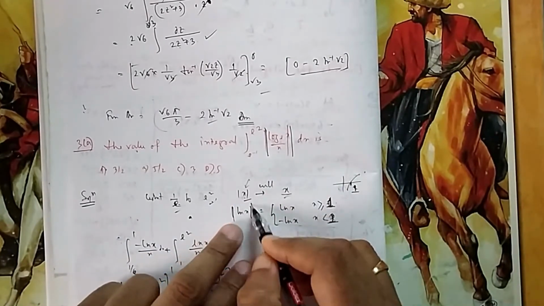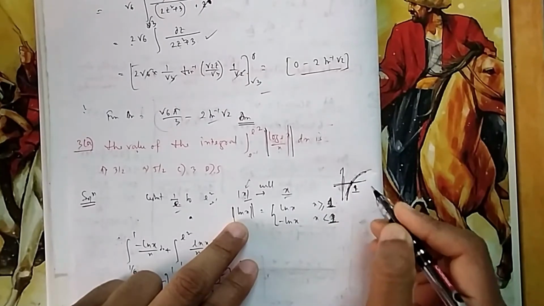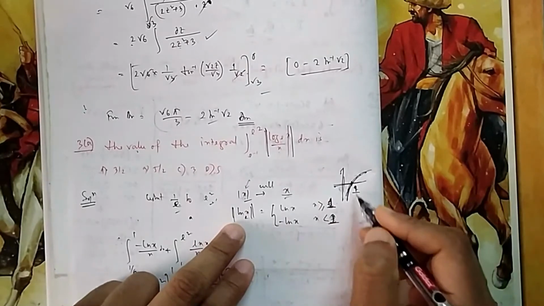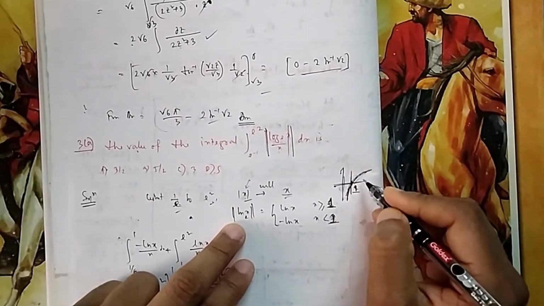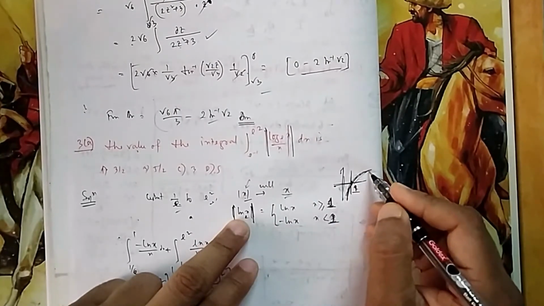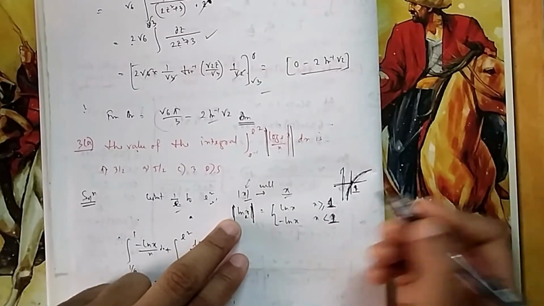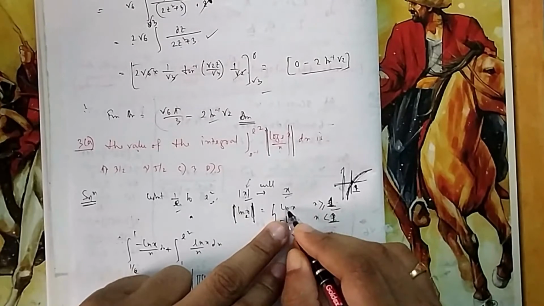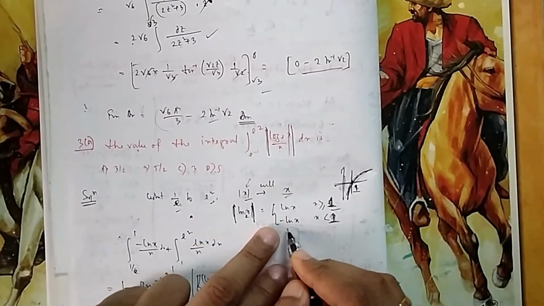Now you have to think of ln x. Now you recall the graph of ln x. This is the graph of ln x, because base is e. When base is greater than 1, this is the graph. So this output will be positive. The inside of the mod will be positive if x is greater than 1. If you put x greater than 1, then this output will be positive. So inside log it will be positive. So if x is greater than 1, then there is no need of mod. If x is less than 1, then the output is negative. So mod will make it positive.